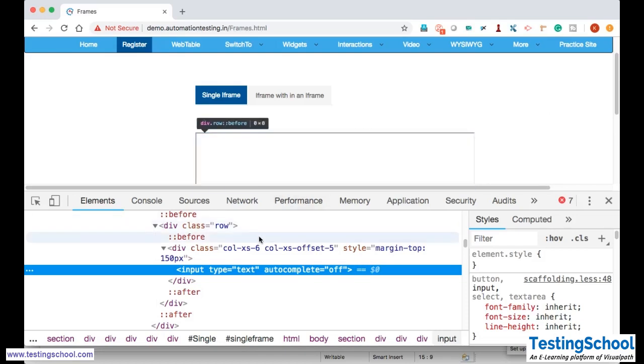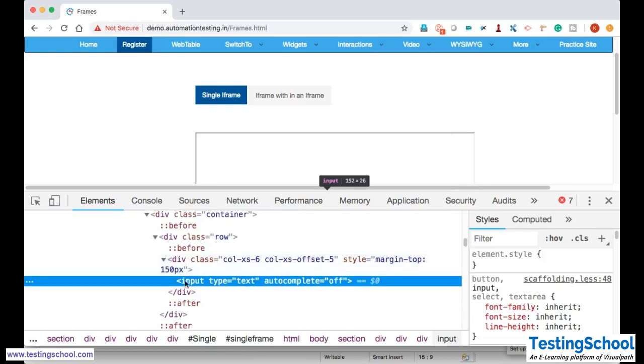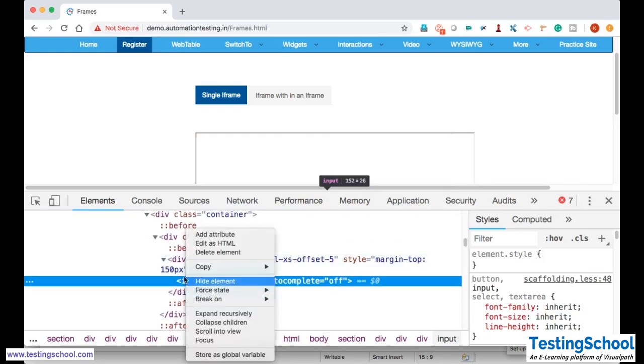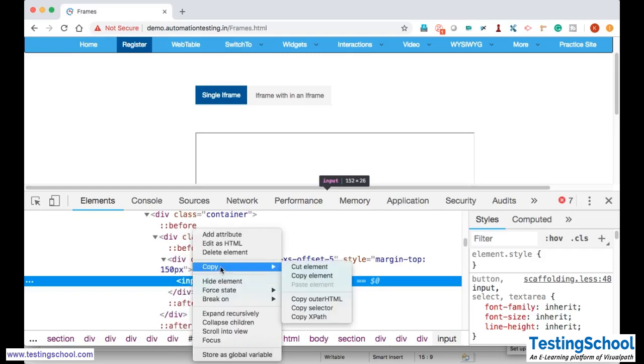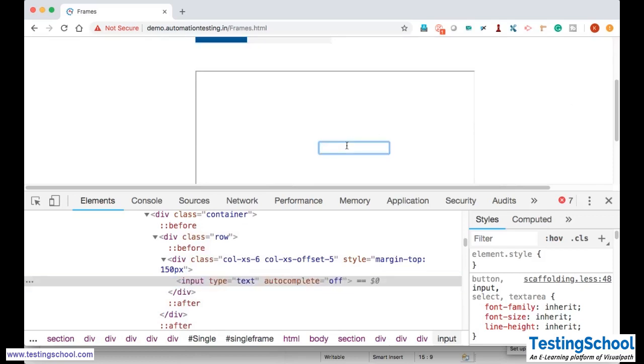Okay, I do not want to waste time here, and it is not very clear. It's very bad HTML. That is the reason I'm taking this. Right click on the element which you want, copy XPath. Okay, it's very simple, right? I'll find this text box and enter something into that with Selenium sendKeys. What is the big deal here? So we'll try